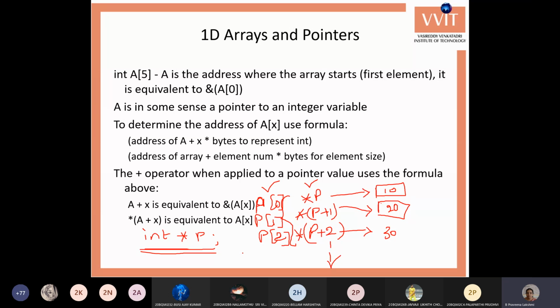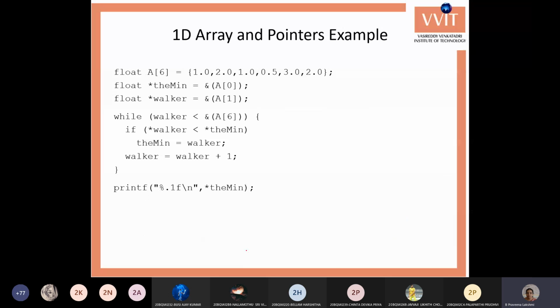The benefit of this is that it doesn't have any fixed size, it allocates memory space at the time of executing the program, and there is no wastage of memory space. You can store n number of values in this array. So these are the three basic advantages of using a pointer as an array. One pointer is a 1D array. If it is 2 pointers, we can use it as a 2D array.